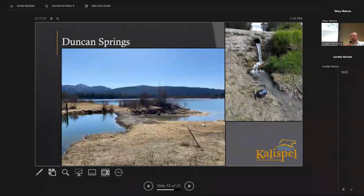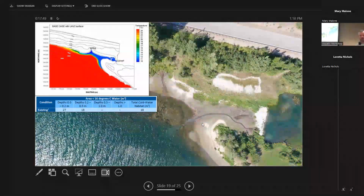So we'll go through a similar idea. Here's a couple before pictures. You can see the failing dam in the left-hand picture. There was a small outlet in it, which came through this culvert. That was the main outflow for the impoundment. You get to the next picture, I think it is. Yeah, you can really see